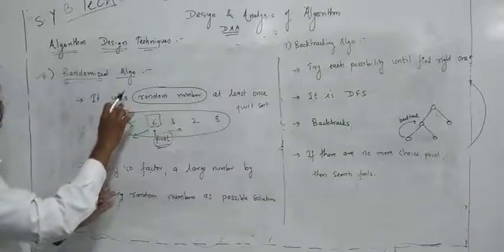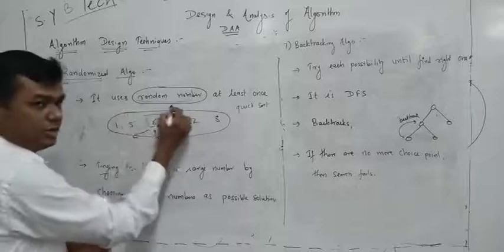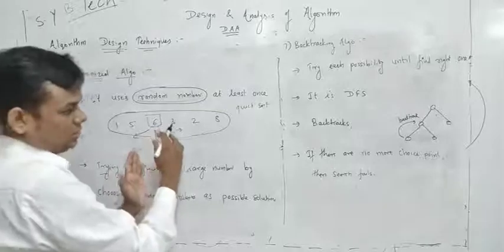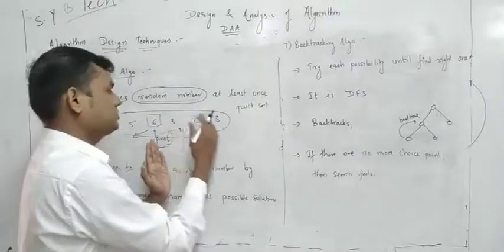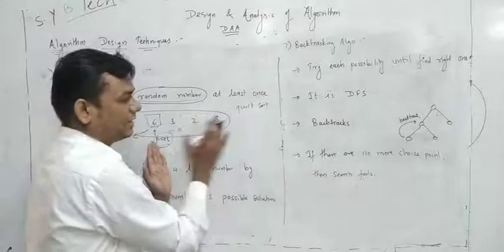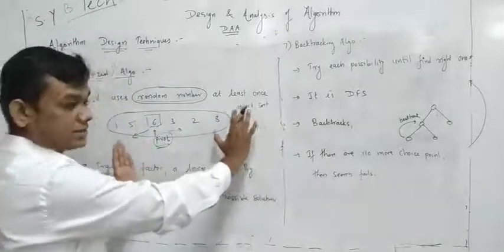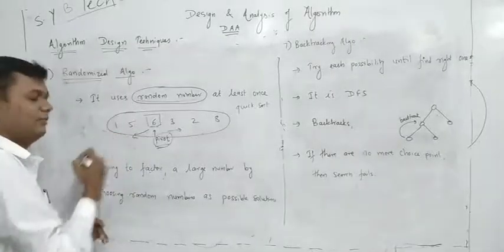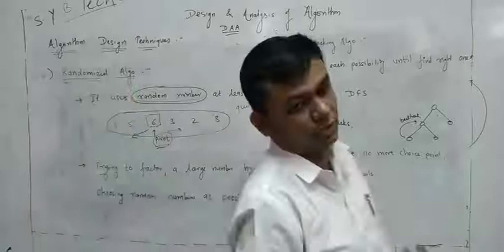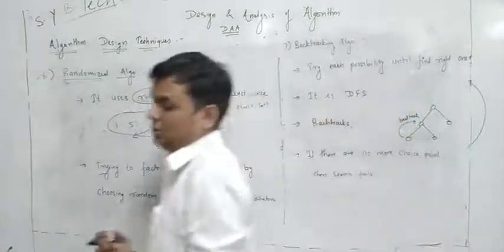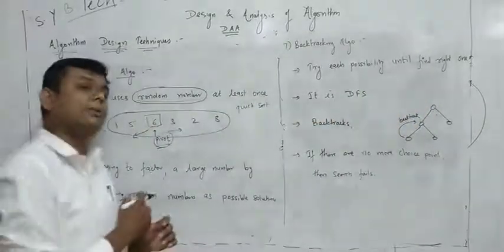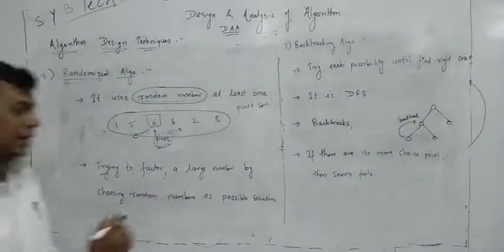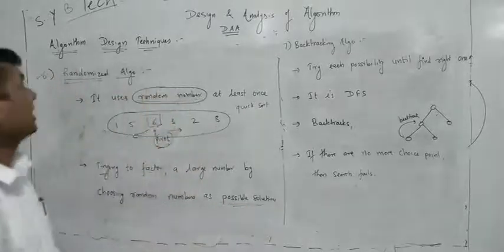These are the two to three steps. First of all, we have to choose the random number. In quick sort, we choose the random number as a pivot, and up to the execution of the last list, we find that the rightmost element of that list is the greatest, the larger number, and the left is the smaller number. Finally, by applying that randomized algorithm, the quick sort list goes into sorted order, and after that we get the possible solution. This is what a randomized algorithm is.